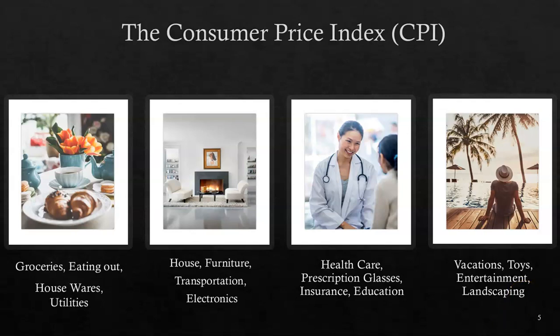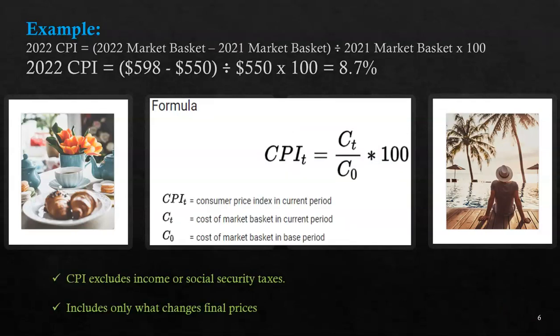Now, the way we measure this is, here we are. Here's an example. So we take, this is the CPI for 2022, for instance. Now the year isn't over, but I just wanted to give you an idea. We are currently looking at approximately this much inflation rate, so I wanted to come up with numbers that kind of help with that. So for instance, we take the market basket, which has the same goods as the market basket from 2021. So we measure it.